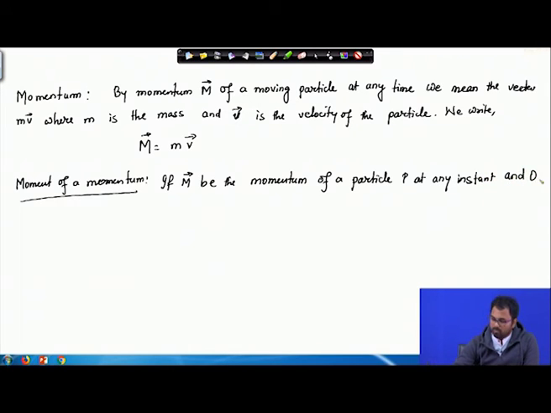and O be any point, then the vector OP cross M. So, this is not necessarily the origin; this can be any arbitrary point. I could take Q, or let's keep it as O. So, OP cross M is equal to vector H, because this is a vector and this is a vector, so the cross product would definitely be a vector,